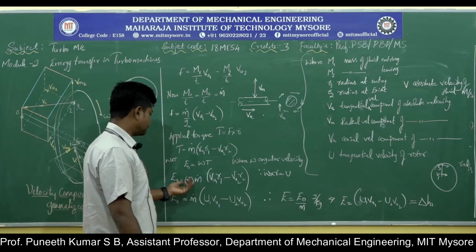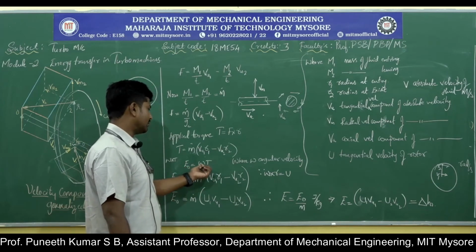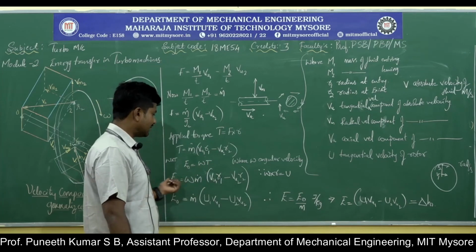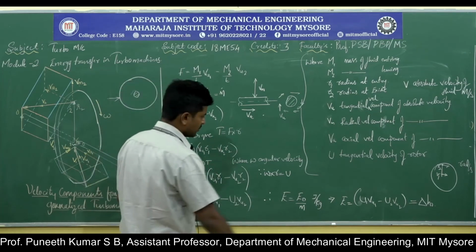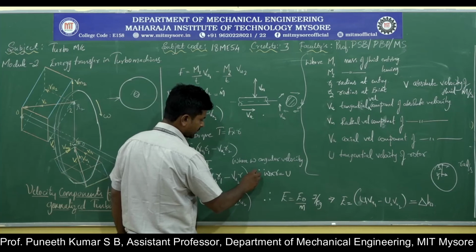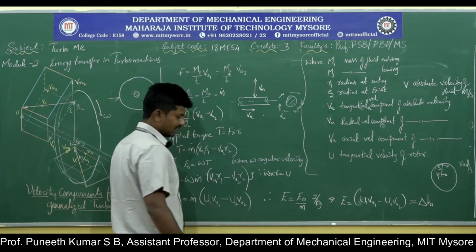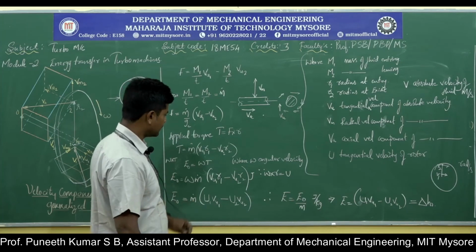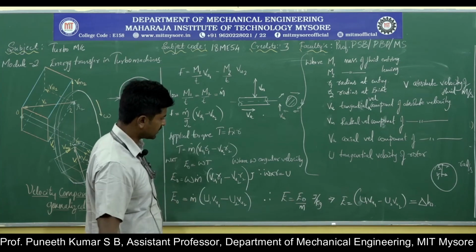So, next, once I multiply angular velocity into torque, I will get the total energy, where the unit comes out to be joule. Joule is the unit of work or energy transfer.